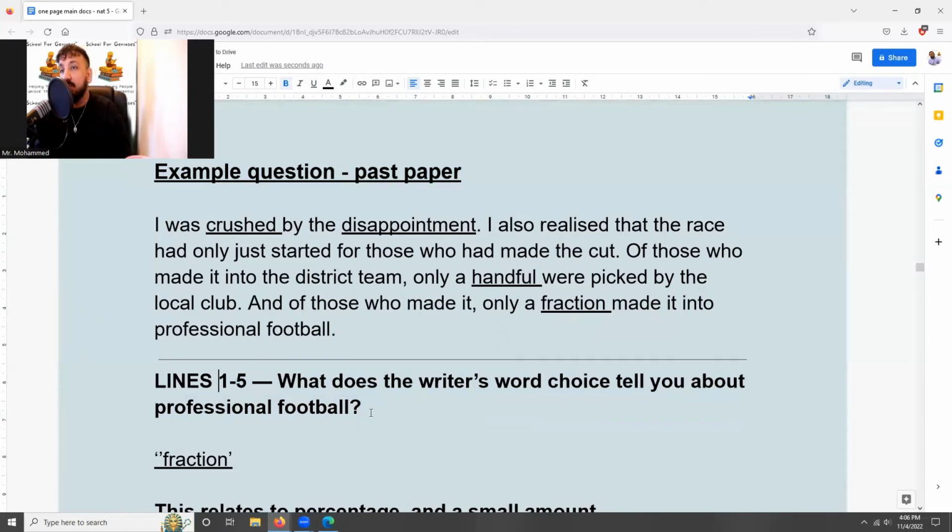Write this question down. What does the writer's word choice tell you about professional football? And it's lines 1 to 5. Okay, you don't need to write this whole thing down. But what I want you to notice is, do you see how I've underlined a bunch of different options? So I've underlined different options. And for example, if this was a 4-mark answer,